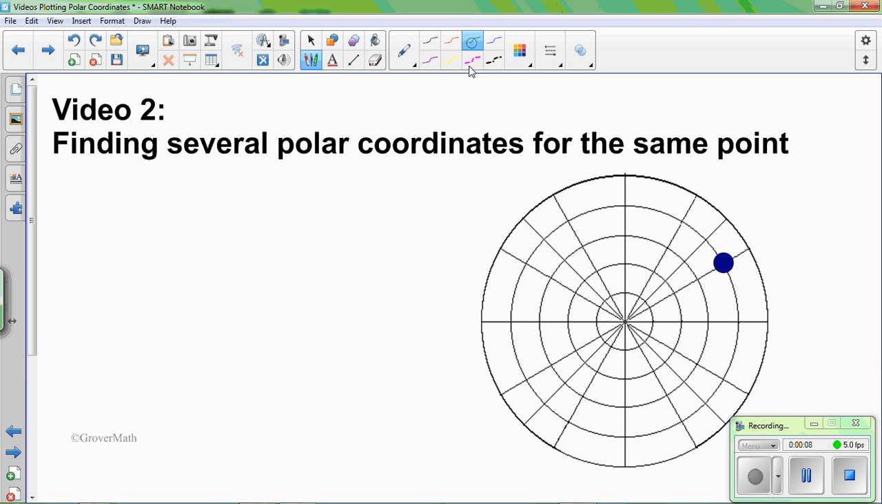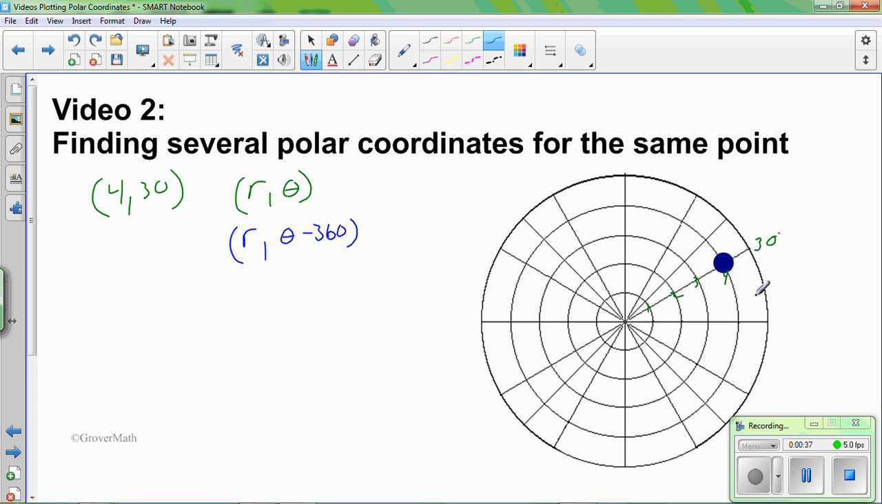So in this first image here, you see we're given a point. First of all, let's figure out what that point is. It's 1, 2, 3, 4 units out from the origin, and it's at the 30-degree line. So 4 comma 30 is this coordinate. It's r comma theta. Now another way to represent this coordinate would be r comma theta minus 360,